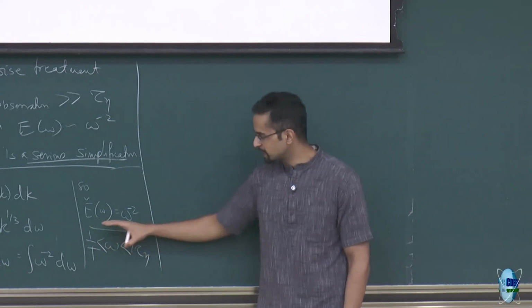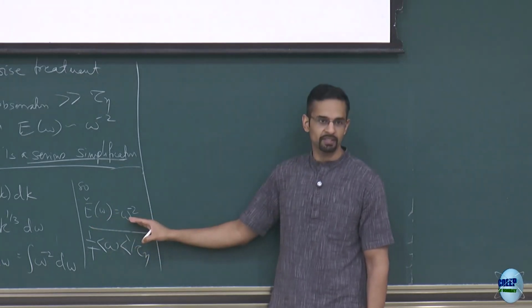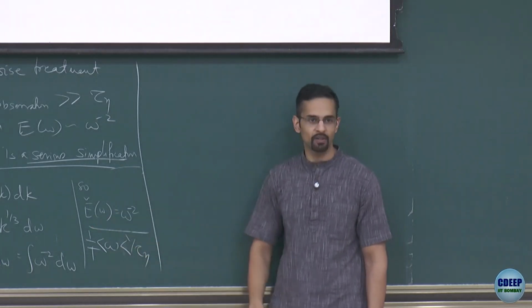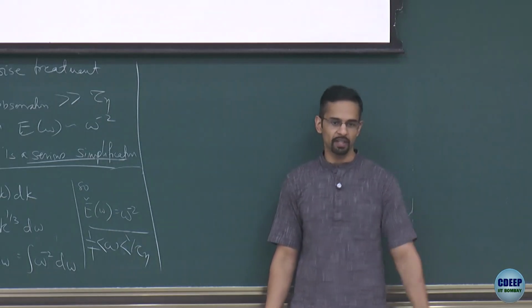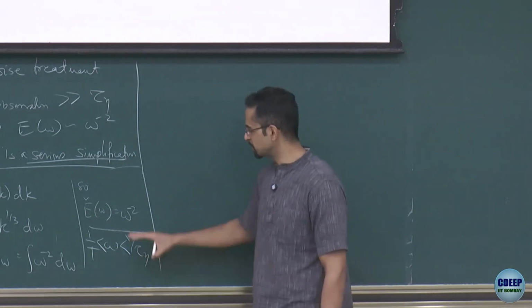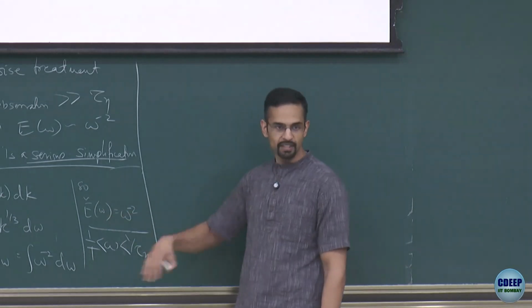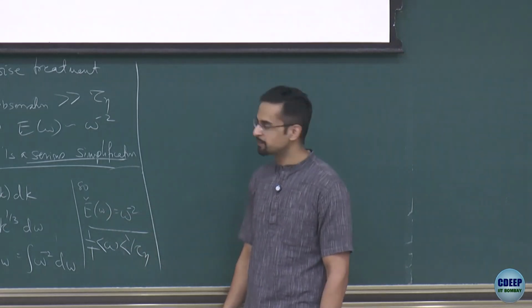Okay? So if that is the case, you would want your temporal structure of your field to obey this omega to the minus 2, just like you're also obeying k to the minus 5 thirds. But usually in turbulence, you will see that people neglect this and they focus on the spatial structure.